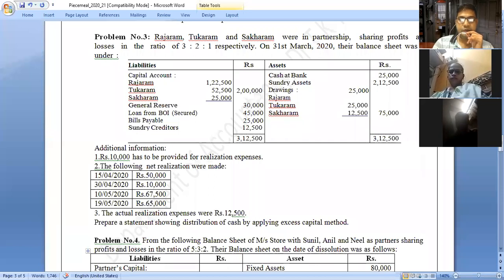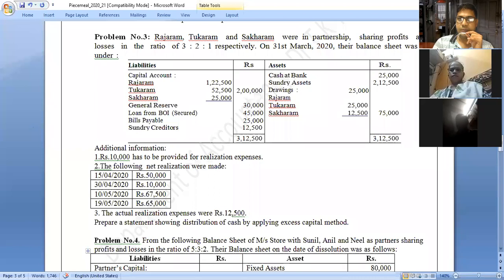We got this proportionate capital by multiplying base capital into 3 and base capital into 2. After that, we have to find out the excess capital. How will we find out excess capital? AC minus PC is the excess capital. The same way we have to find out new AC minus new PC. New AC was 60,000, new PC was 3750. So you will get 26,250 as the excess capital. Here 2500 minus 2500 is nil.